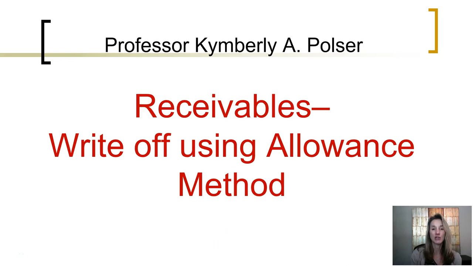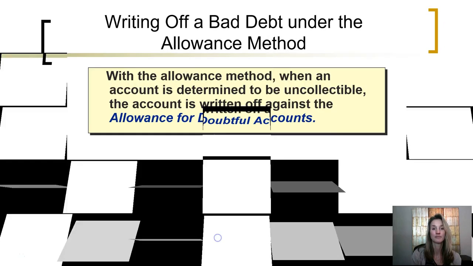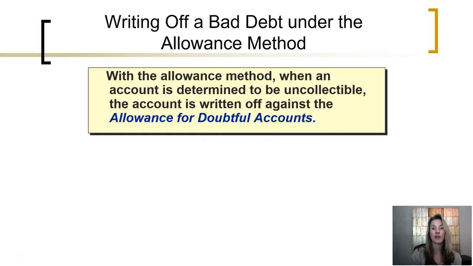This segment is going to look at writing off an account under the allowance method. At some point or another, a company will determine when a customer's account is truly uncollectible. Under the allowance method, when an account is determined to be uncollectible, the account is written off against the allowance